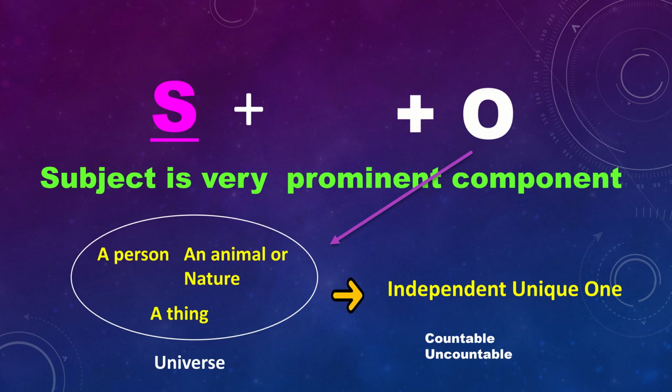First of all, in English, the subject is a very prominent component, so it shouldn't be omitted in casual conversation, right? As you know, in Western culture, nouns such as a person, an animal, nature, or a thing exist in the universe as independent, unique ones. And the noun is categorized in terms of countable and uncountable. So according to the noun,